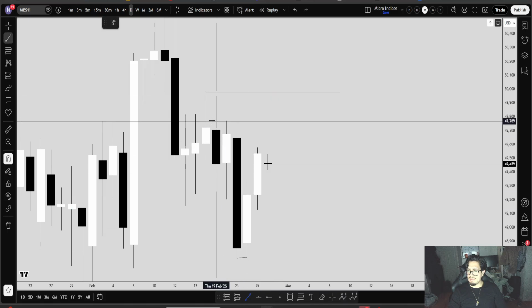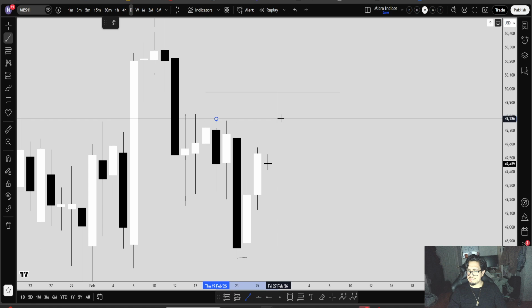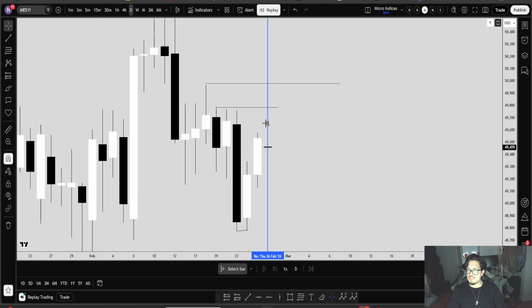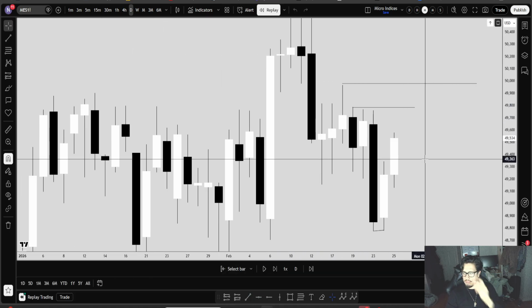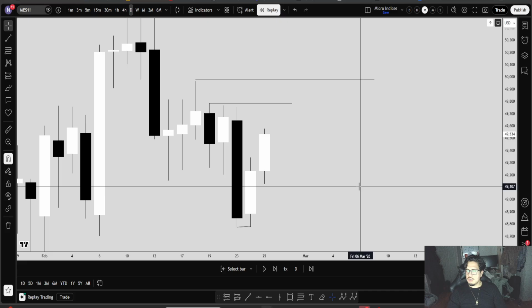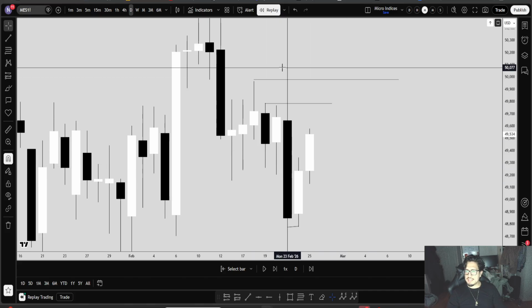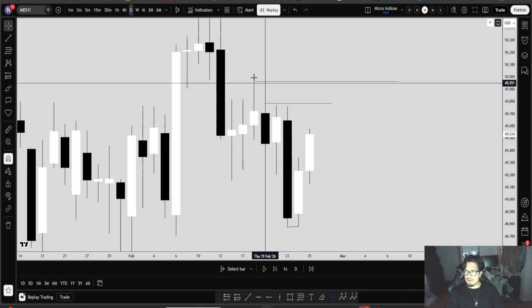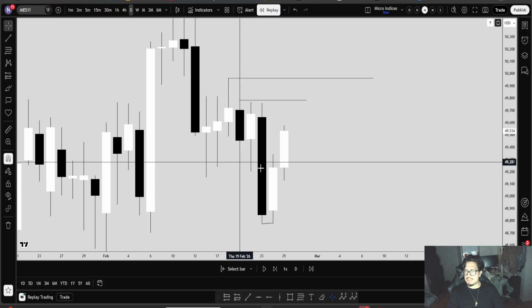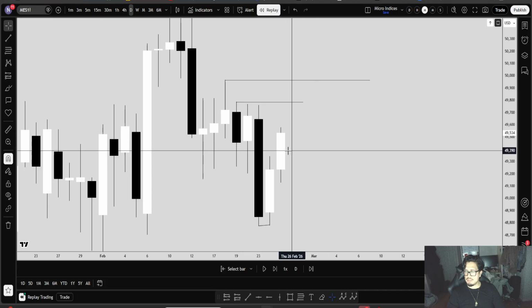So on the daily time frame, that was my idea. This is the actual current candle right now. Let me just put it on replay mode. So just looking at the daily time frame, these are our areas of interest, clearly, right, on this specific time frame? Really nothing much else to trade.